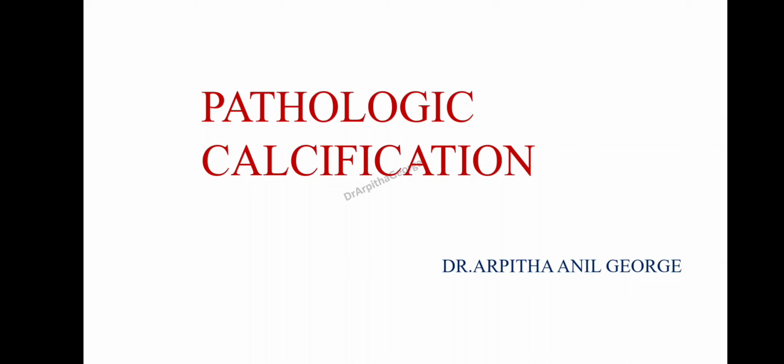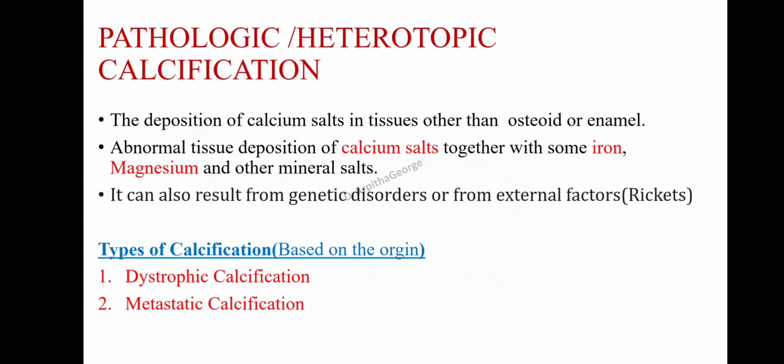Today, we will discuss pathological calcification. From the name itself, we can understand it. Pathologic means it is because of some issue, some disease, or some problem. It is not a normal thing. Pathology is not a physiological, not a proper function which usually occurs in our body. So pathologic means it is due to some kind of disease or injury. The next term, calcification, means the deposition of calcium salts.